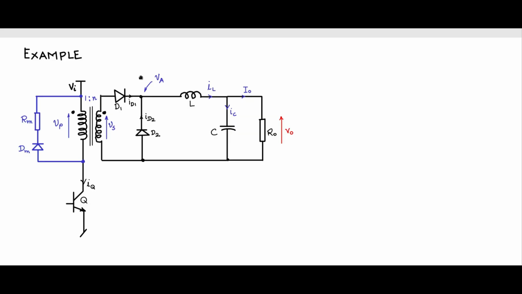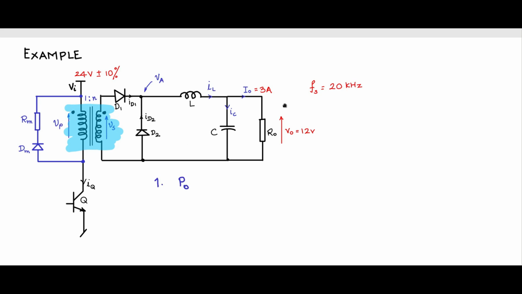Let us now take an example and design a transformer for a DC-DC converter. I have taken here an example of a forward converter where we have discussed its operation and we know how it works. So let us say we have an output voltage spec of 12 volts, output load current as 3 amps, switching frequency of 20 kilohertz, input Vi as 24 volts plus or minus 10%, and then we need to design this transformer. So let us see how we go about doing that.